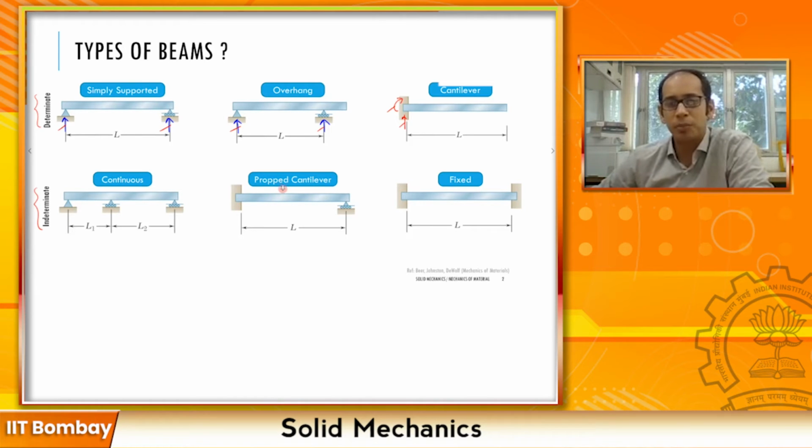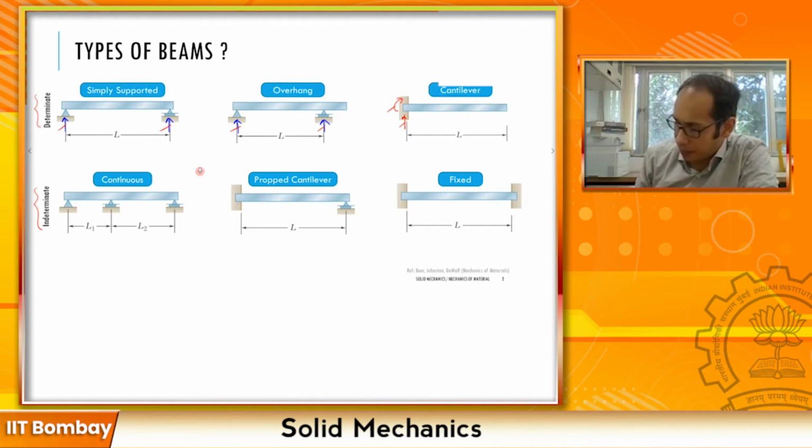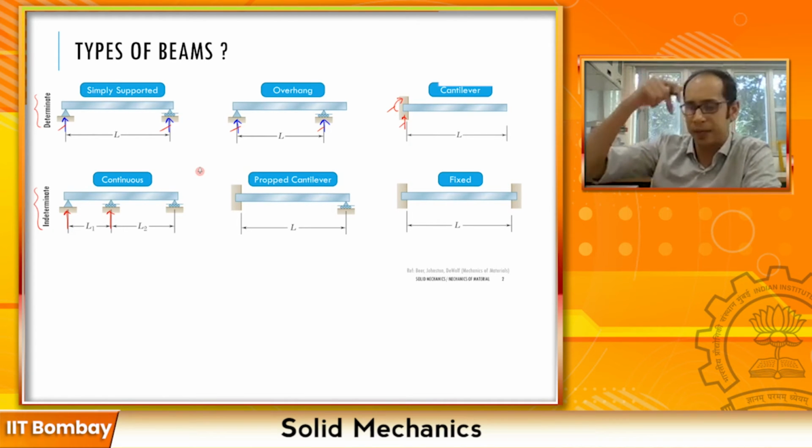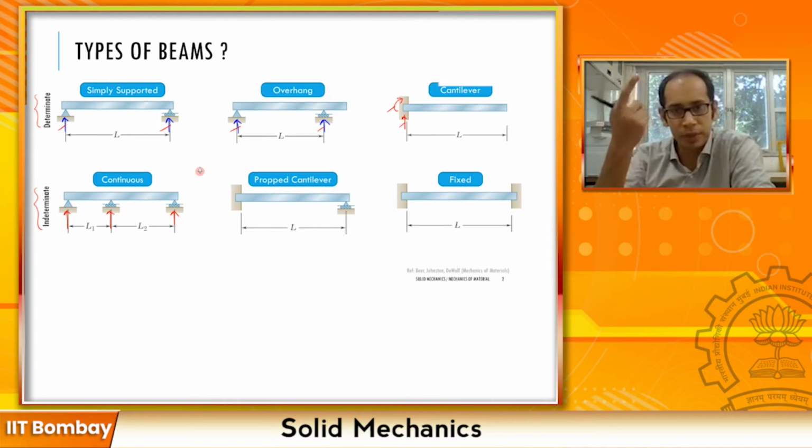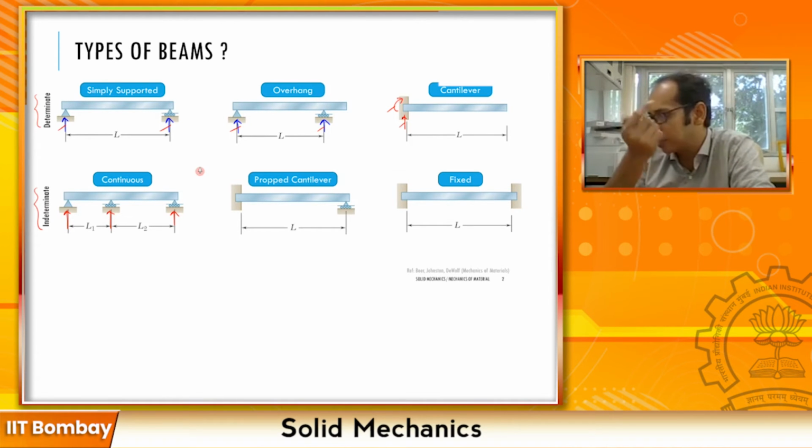This beam is known as a propped cantilever over here. So for the propped cantilever, in contrast to a cantilever, you have a simply supported roller, or you may have a pin support at the very end over here. Now both of these beams, as you see, are statically indeterminate. And why? Because even in the first one you will have three reactions. If your loads are acting vertically down, you have three reactions but two equations of equilibrium, so it's statically indeterminate to the order 1.